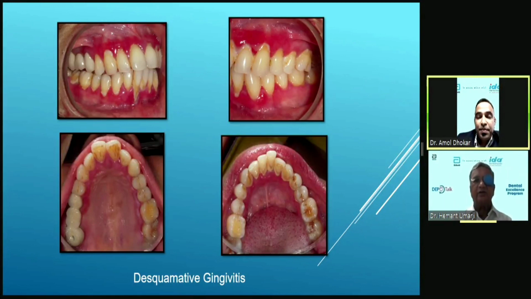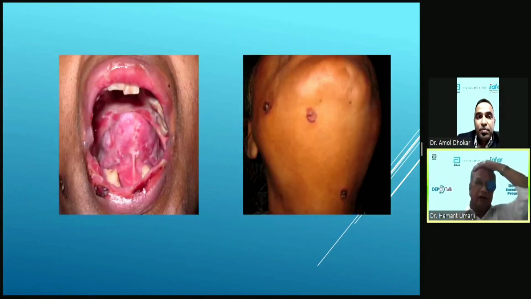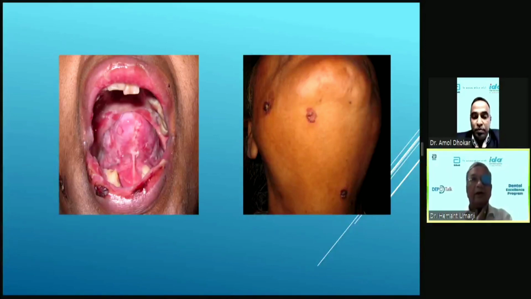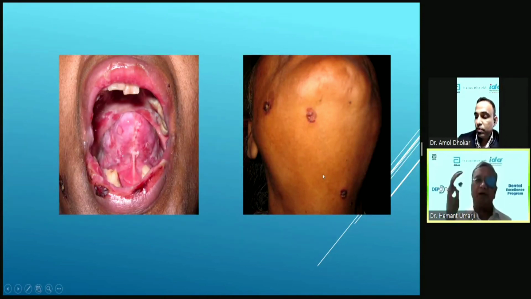This community gingivitis patient sometimes gave history that she was having some fever or something, and she took an antibiotic. And after taking the antibiotic, suddenly the mouth had vesicles and bullous lesions, and they ruptured and led to bleeding. And on the skin also, target-like lesions were seen. So what is this condition? This condition is called erythema multiforme.